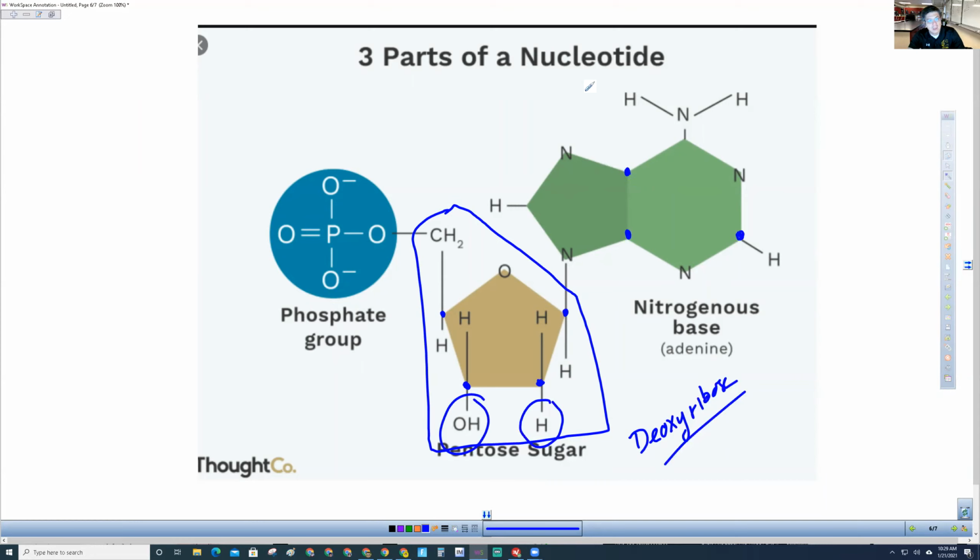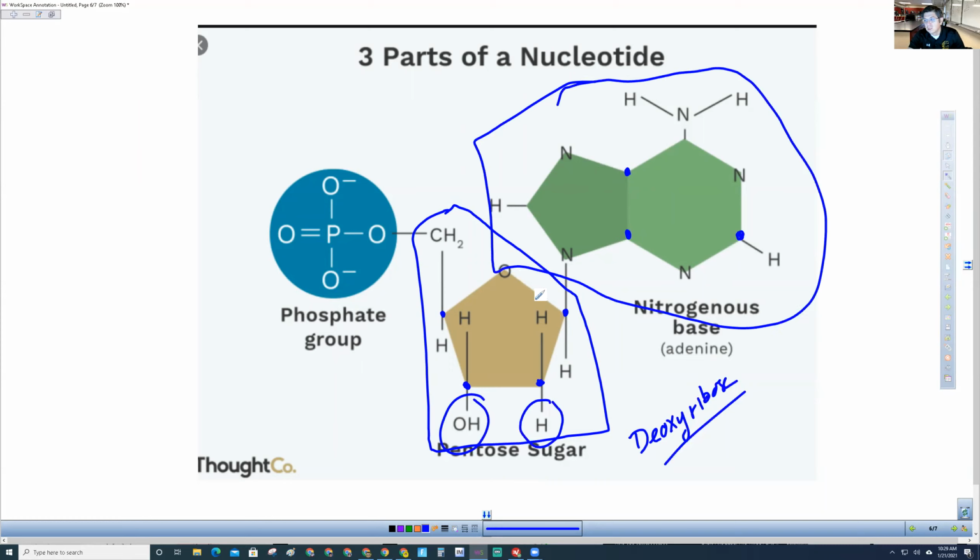And then right here, don't forget, this one has carbons as well. And this thing right here is probably the most important part of the nucleotide. It is the most important part of the nucleotides with respect to codes. Okay, and this is a nitrogenous base called adenine. Does that make sense? So I want you guys to really understand that a nucleotide is just a very small molecule, and that you need it to build DNA molecules. Okay, does that make sense?